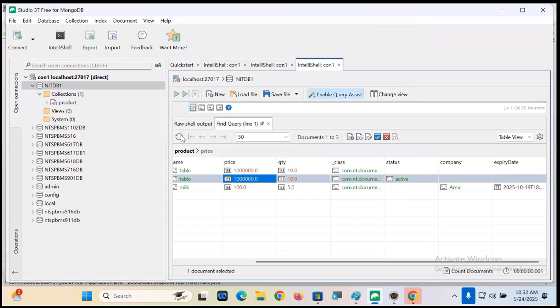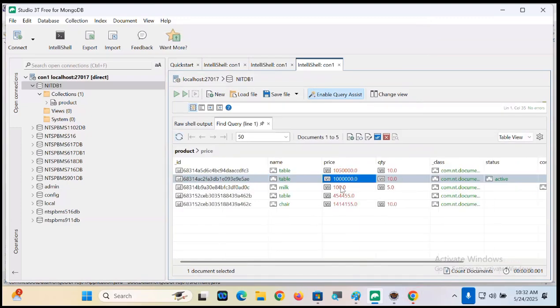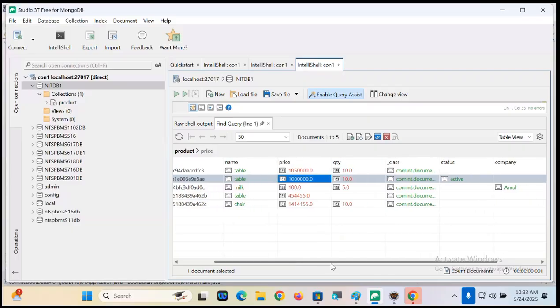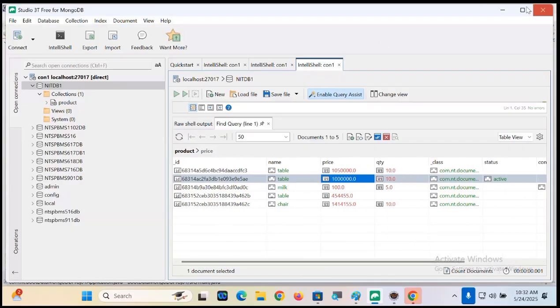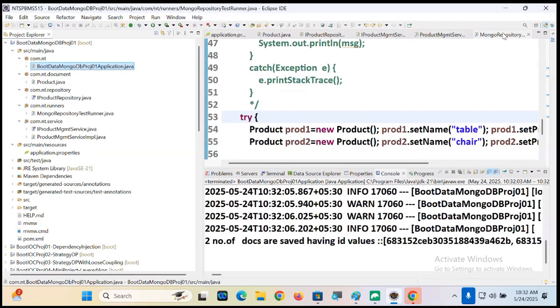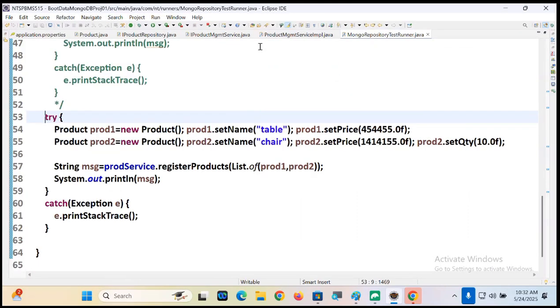Say refresh. Two more documents have come now. Table, chair, remaining all are empty properties. Okay, has this bulk save happened or not? Okay, that's good. So now